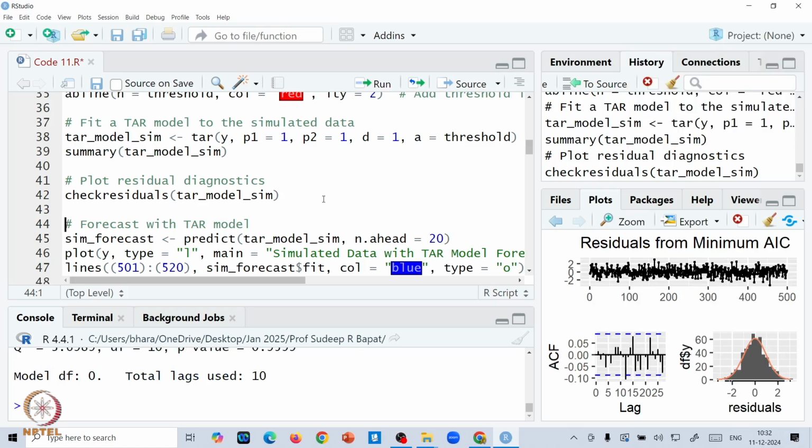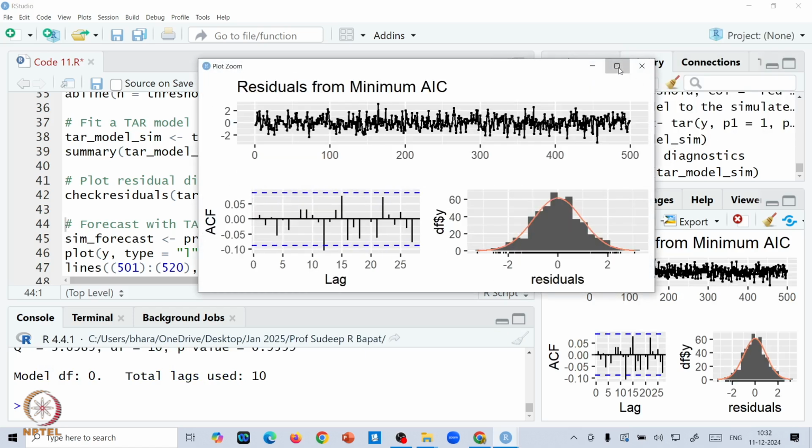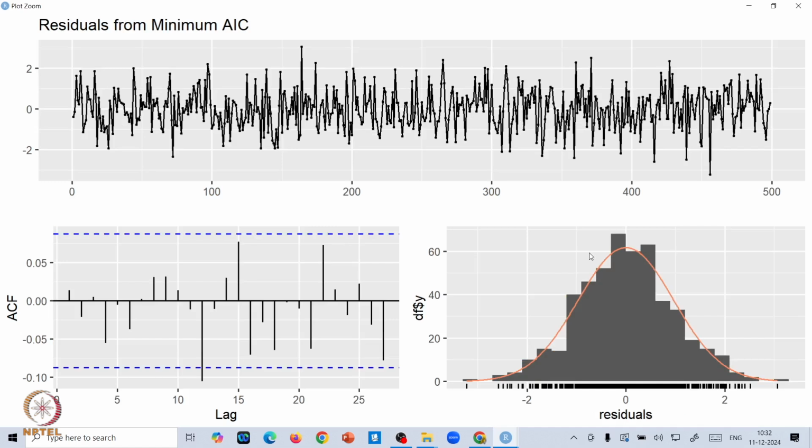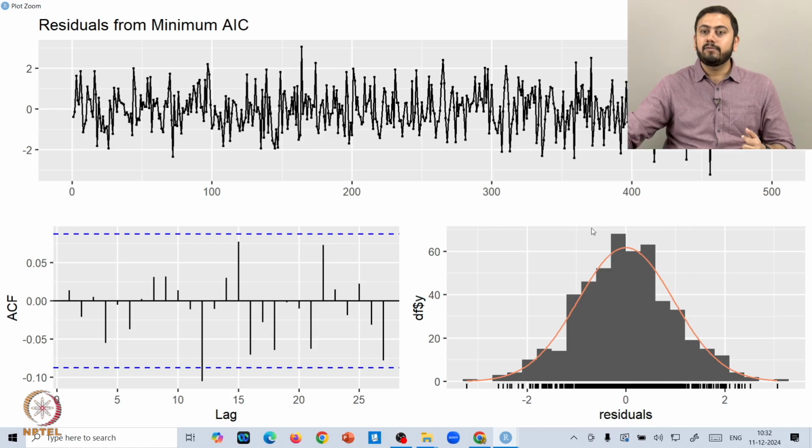Let me zoom in, and these are the key assumptions that we are making. If you are into time series modeling, be it ARIMA, TAR, STAR, or SETAR, whichever model, once you are through with the model building, you always have to ensure that the residuals follow normality, which would be given by the histogram. Here you can clearly see that the residuals are indeed following a symmetric bell-shaped curve, which might resemble a normal distribution. Of course, on top of that you can do hypothesis tests, say Shapiro-Wilk or Jarque-Bera, some formal test to confirm the normality, but if a histogram is looking as solid as that, then probably you need not even go for the hypothesis tests.